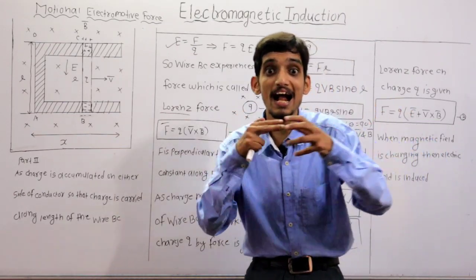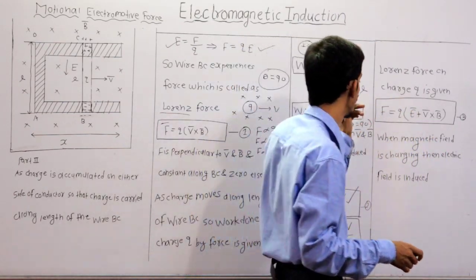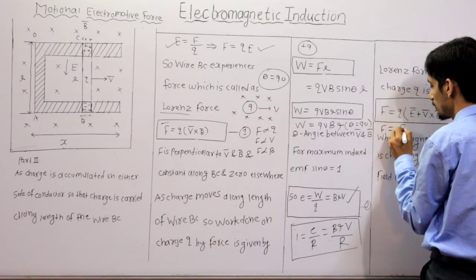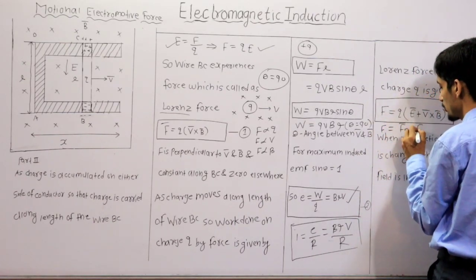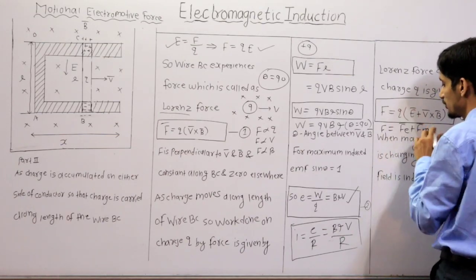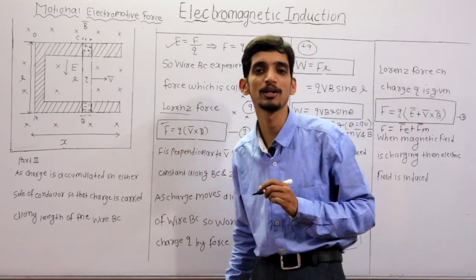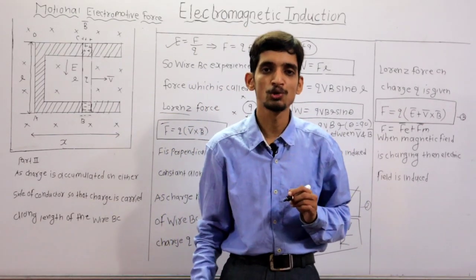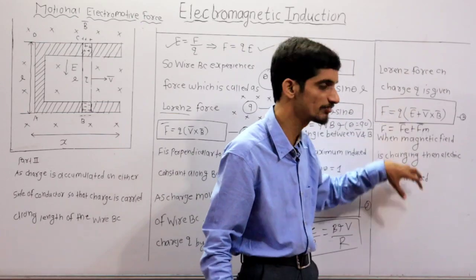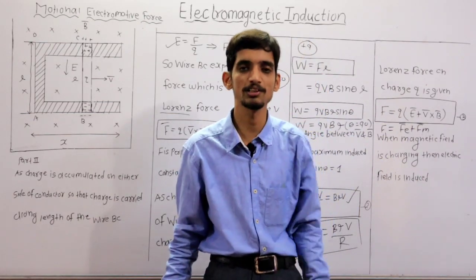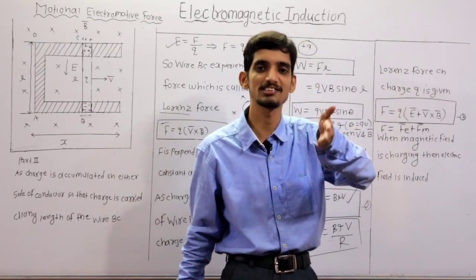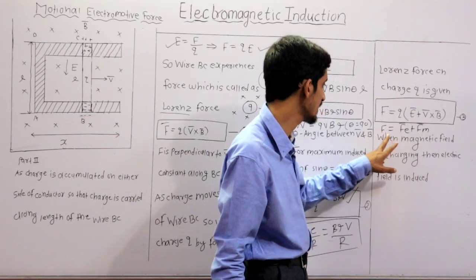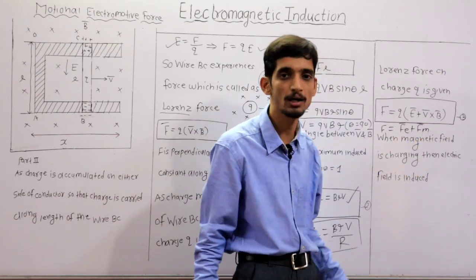So when we add these two forces, the force due to electric field and the force due to magnetic field, the total force F is equal to force due to electric field plus force due to magnetic field. This is called the total force experienced by the rod, and this is called the Lorentz force. So whenever a charge is placed in a magnetic field and it is moving, it experiences a magnetic force as well as an electric force, and when we add these two, F is equal to Fe bar plus Fm bar.